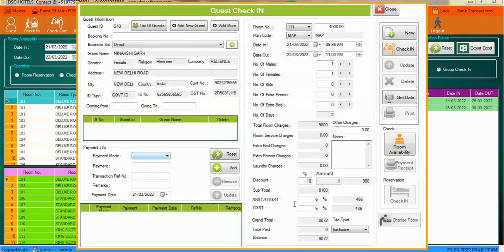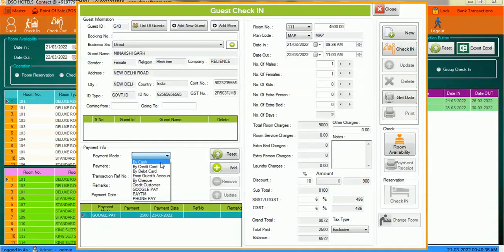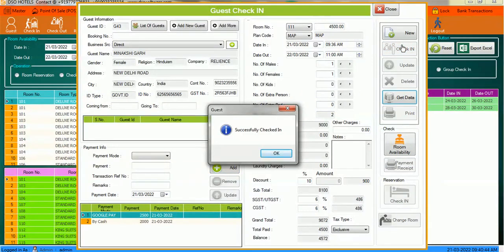After putting in all that, you take the advance from your guest. Just select the payment mode. Click here, and all the payment modes are shown. For example, you are taking 2500 from Google Pay as advance. There are also multiple payment options, like 2500 from Google Pay and 2000 in cash. Just click on check-in, and your customer is now checked in.